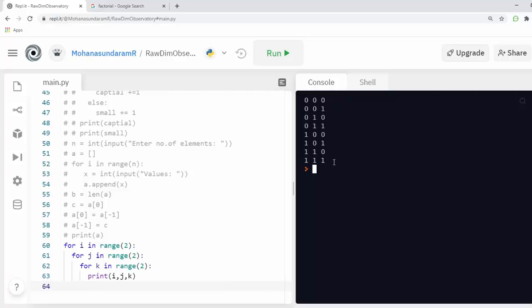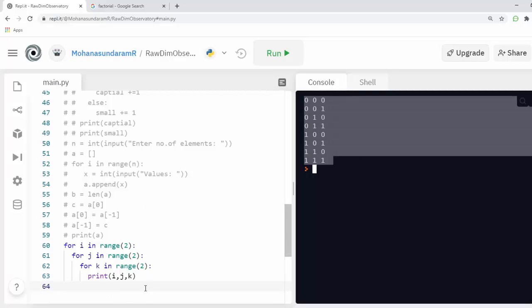We can see a matrix type of value. We have gotten this output using this nested for loop, a loop inside a loop. This is called a nested for loop.